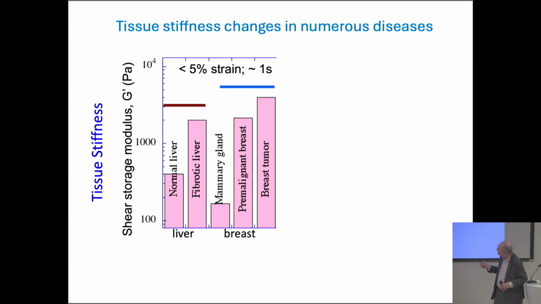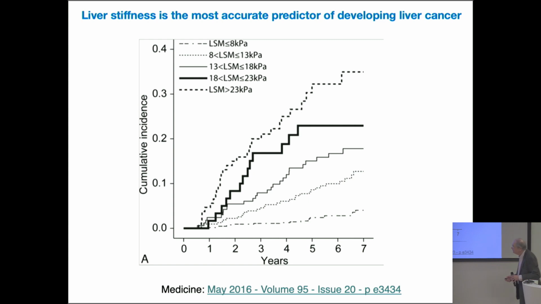Okay, so that has driven a lot of interest in understanding why the breast tissue gets stiffer during cancer development, and also if you could reverse the stiffness, could you slow down the cancer? All right, and I'll show you one example of how effective this stiffness measurement is. This is a study in Japan where measurement of liver stiffness is a common diagnostic on admission to a hospital for a liver disease. Everyone gets their liver stiffness measured.